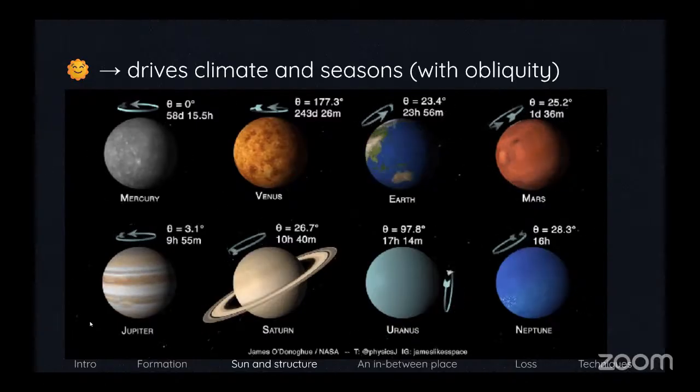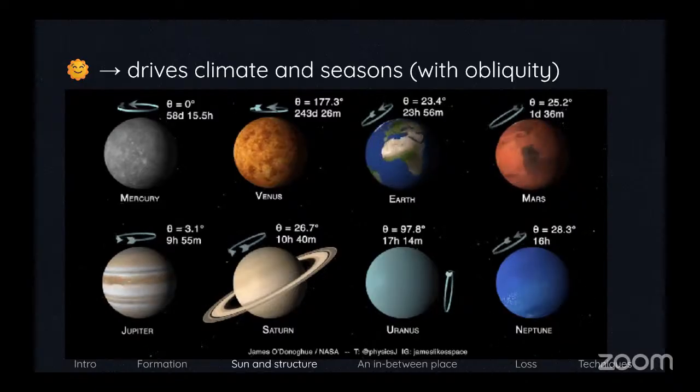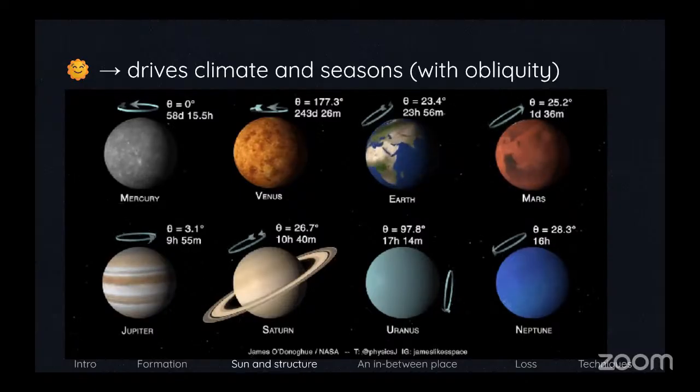I am less knowledgeable about the gas giants, but they are pretty fast rotators with varying obliquities. I want to point out a really cool thing here, which is Uranus, which is tilted completely on its side. Its obliquity is 97 degrees, which is really interesting because that means one of its poles perpetually points toward the sun and the other is pointing away from the sun, or at least during part of its orbit. So this has very strange seasons by comparison, but again, I'm not an ice giant person, so I know less about that.